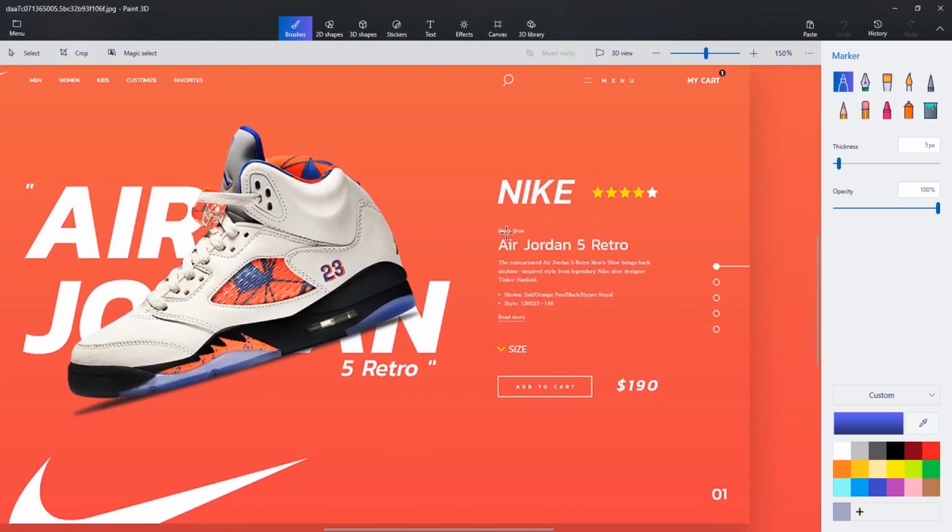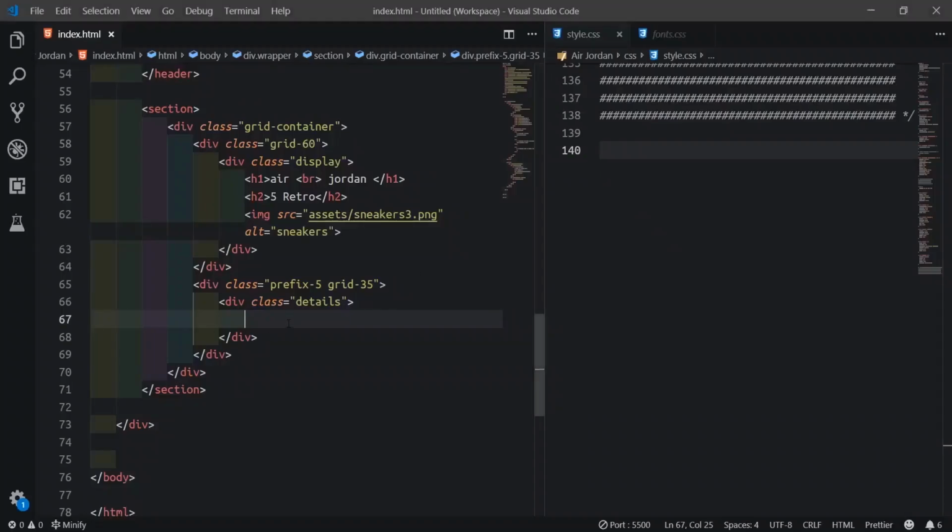In this product details we get the category, then the product name, then the product description, and we'll create this select now. It could be the product size, that is the size of the shoe. Then after that we'll just create this button and this price. So we'll not talk too much now, I'm going to enter the code fast. So that was inside these details.